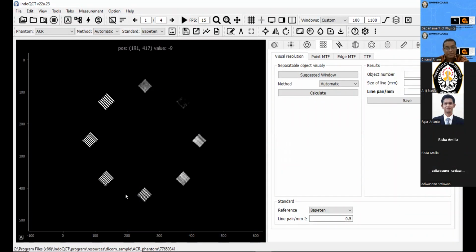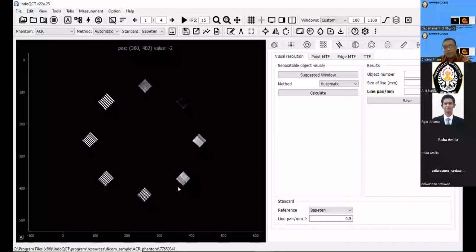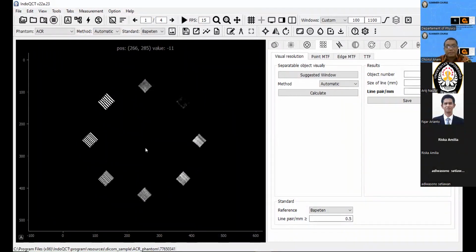Number 4, we can also separate. And this one is number 5. Maybe one of us cannot separate this object, and maybe we can. So for this example, maybe we choose number 4 as the limiting frequency.